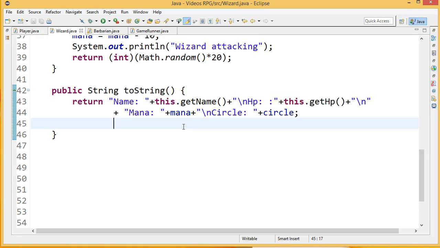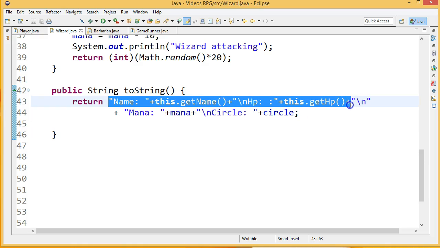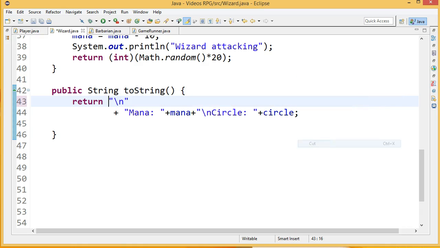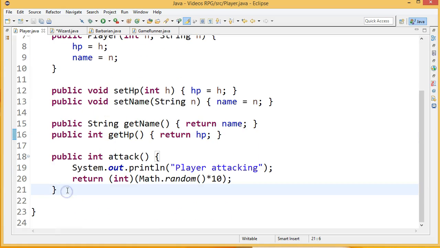So, I said I was going to do this using a technique that people often use. However, I want to talk about a better implementation of this. It's much better to actually generate the toString component inside of the class that the field is contained. So right here, you see how we access name and get HP, but we use these accessor methods to get it? We actually probably want to generate this part of the string in the player class. So what I'm going to do is cut that out for a moment. I'm going to come into the player class, and I'm going to